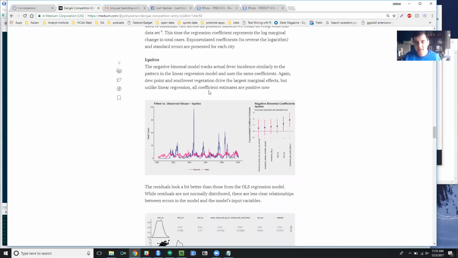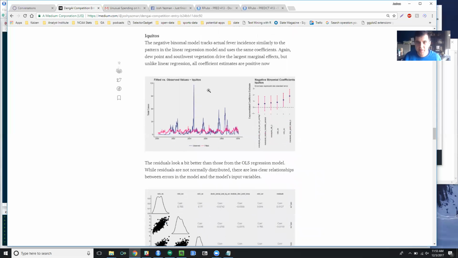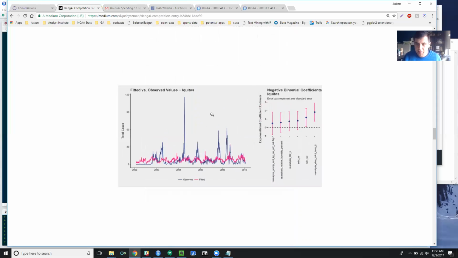Again, I used the stepwise variable selection algorithm to calculate the different coefficients for this. The coefficients were very, very similar though. They were different in scale, but almost identical in terms of order and selection in the algorithm in the first place. One thing to point out here is that both ordinary least squares and negative binomial regression